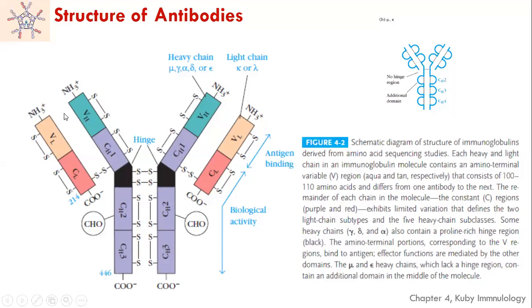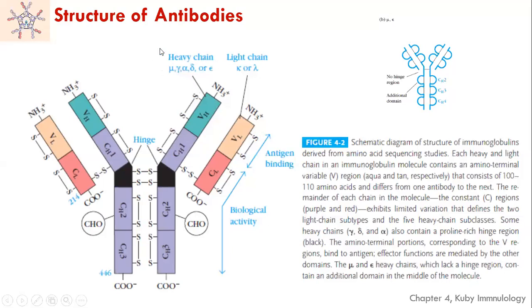Based on the variability in terms of this common structure and the chains, we know that there are some subtypes: isotypes, allotypes, and idiotypes, which we discussed already. But fundamentally, the light chain can exist in 2 forms, called kappa and lambda. So only 2 forms exist for the light chain. In contrast to that, the heavy chain exists in 5 forms, represented by the symbols mu, gamma, alpha, epsilon, and delta.